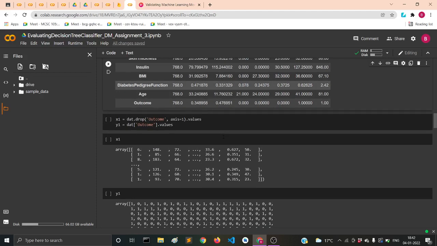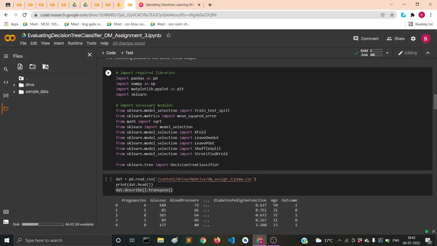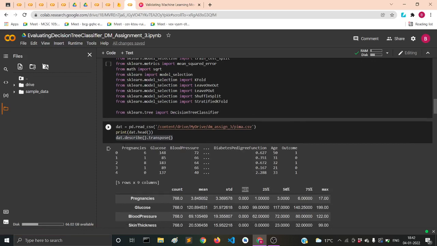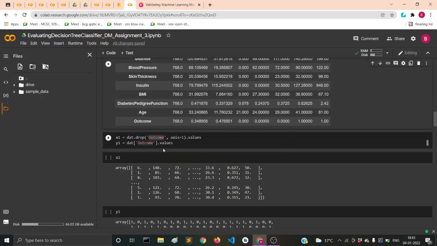Now we are separating the x and the y values. Firstly, we get the x values by dropping the outcome column from the whole dataset. So we will be left with only these columns, not including the outcome column. This whole thing becomes x, and the outcome column becomes y.